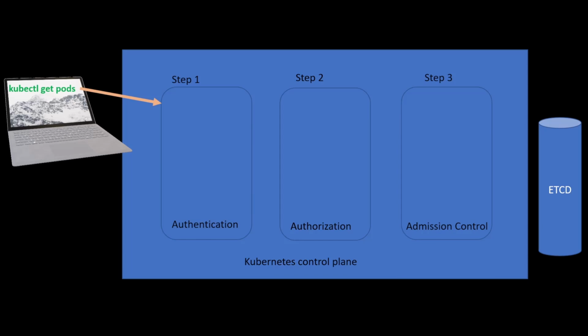In step 3, it is admission control. I will talk about this later in some other videos. But for now, just think that this controller will check if the pod limit is reached or not. To understand better, for example, in one deployment there are 5 replicas and we want to increase to 10, but our cluster has no resources available. So our request will be declined by the admission controller.